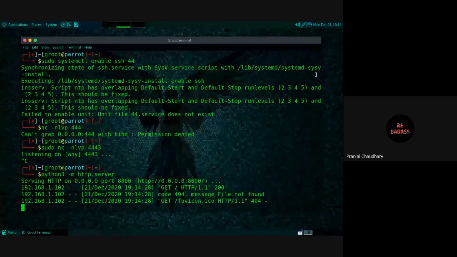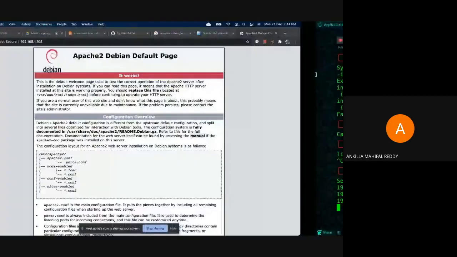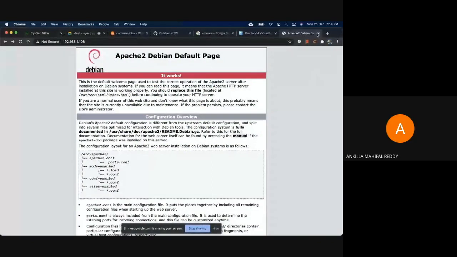What are those port services for? Suppose I want to run a web application or some SSH service or FTP protocol or some mailing purposes. Okay, got it. Thank you.